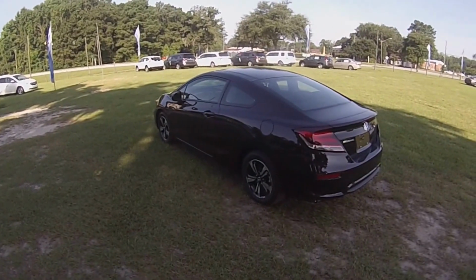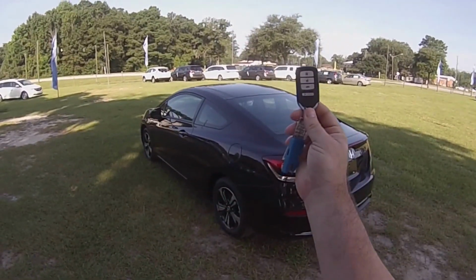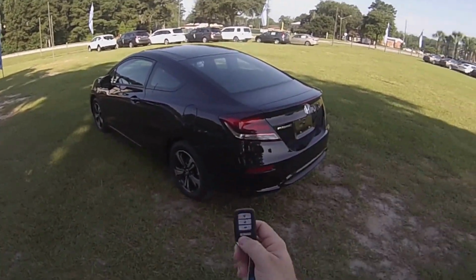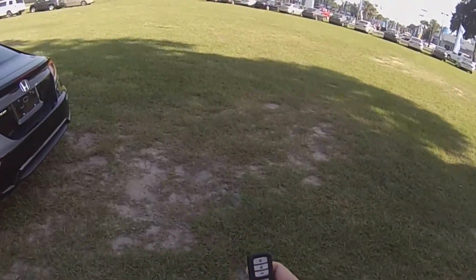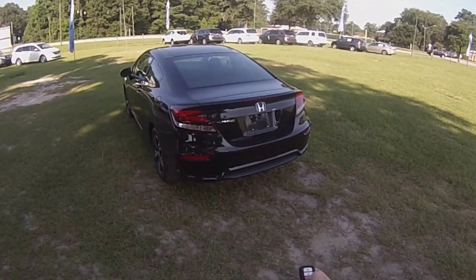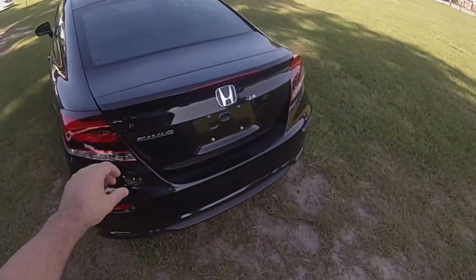In 2014, Honda adds a bunch of stuff to it, which first of all starts out with the key, the magic key as I like to call it, which is awesome because it lets you have the ability to do everything that you possibly want with it. So as the car's locked, I'll hit the lock button. As you can see, I hit the trunk and I hold it down. Trunk's going to pop open,